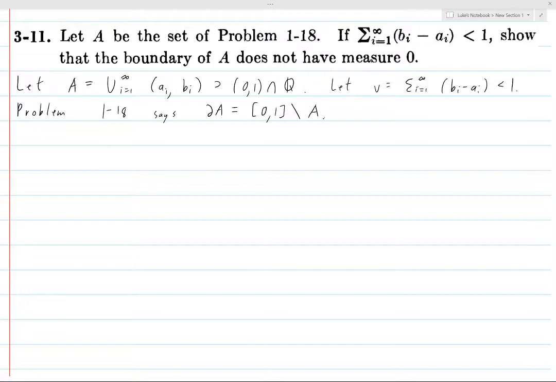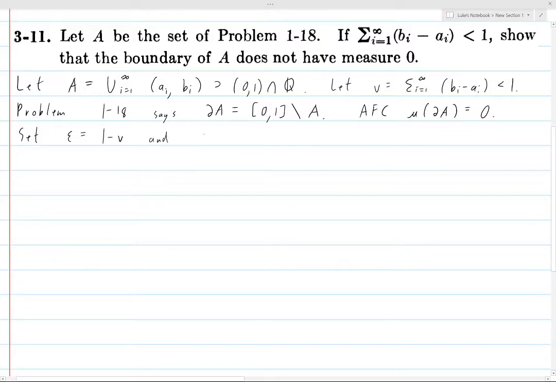So what we're going to do is, I did this by contradiction. It just seemed the most natural thing to me. Maybe there's a way to do it without contradiction, but this seemed like the most straightforward way. So assume for contradiction that the boundary of A has measure 0. What we're trying to prove is that the boundary of A does not have measure 0, so let's assume that it does. So we're going to set epsilon to be the positive number 1 minus V,